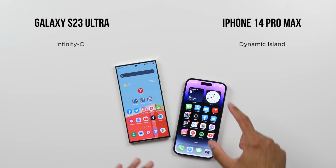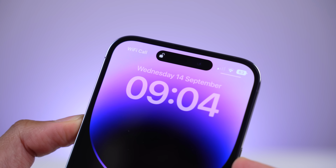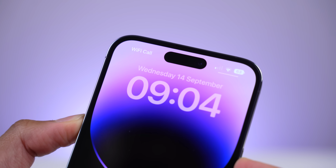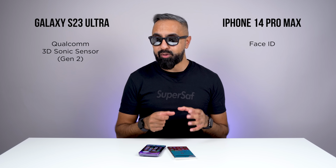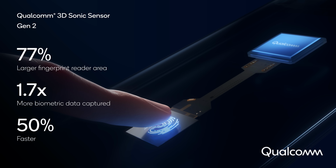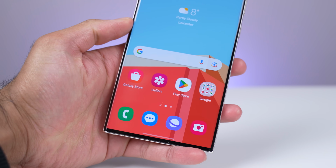Now, another reason why we have this pill-shaped cutout on the iPhone 14 Pro Max is because we have Face ID. So all of the sensors are behind there as well. The S23 Ultra has an ultrasonic in-display fingerprint scanner. This is the 3D Sonic Sensor Gen 2, and it is personally one of my favorite fingerprint scanners on any